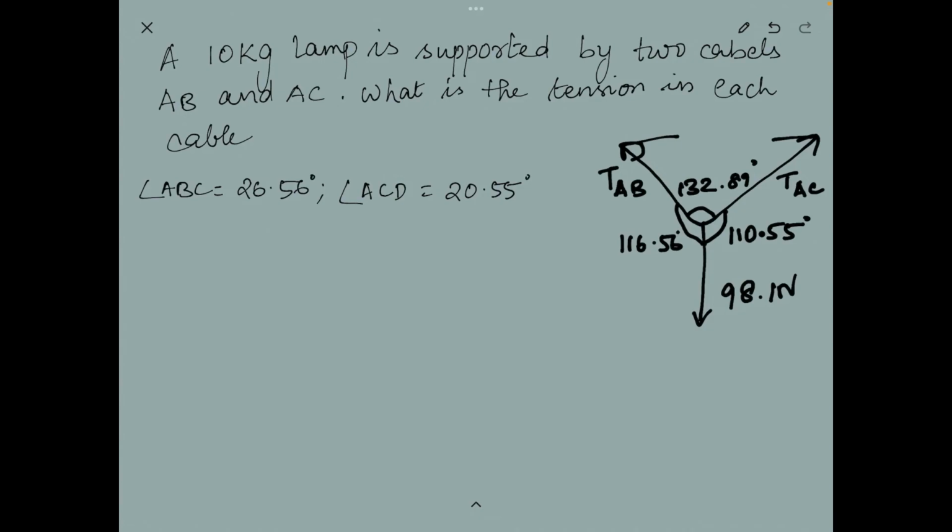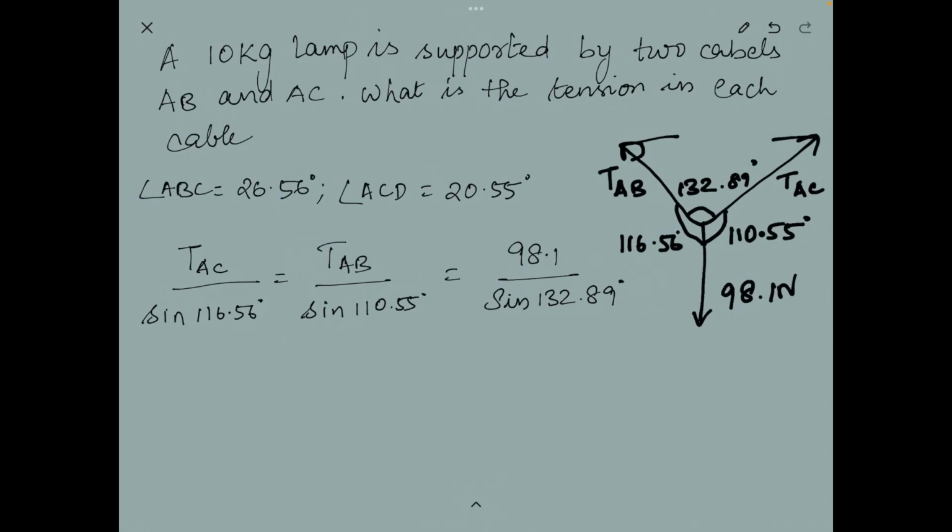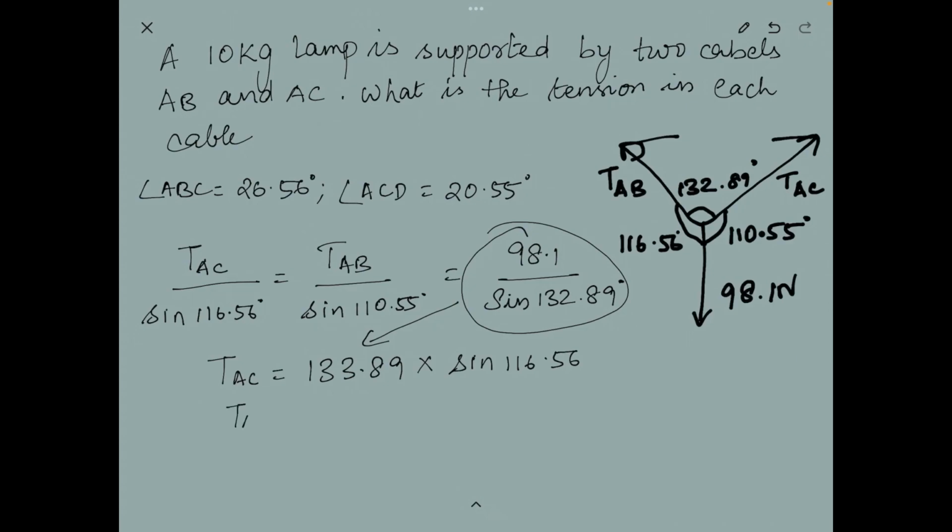So when we apply Lami's theorem, we will get TAC divided by sine of 116.56 degrees will be equal to TAB divided by sine of 110.55 degrees will be equal to 98.1 newtons divided by sine of 132.89 degrees. Solving for TAC, we will get TAC is equal to 133.89. This is nothing but this term here times sine of 116.56. So TAC will be 119.76 newtons, and solving for TAB,